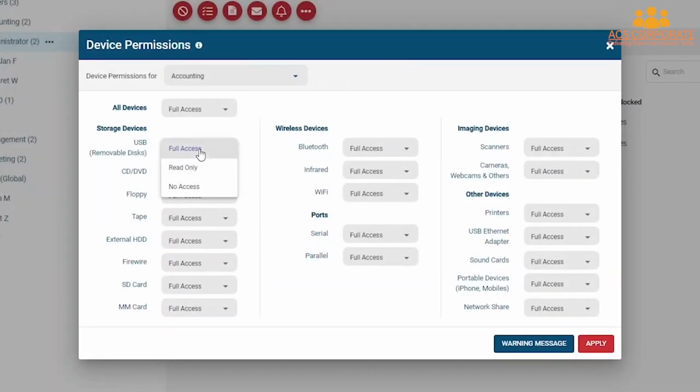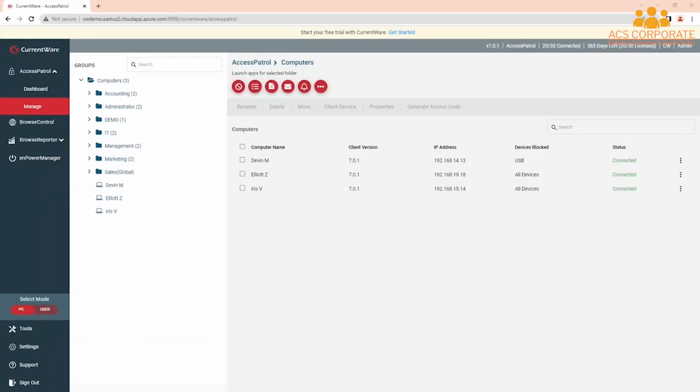In this example, I will block USB portable storage devices, CDs/DVDs, and floppy disks on the computers used by our accounting department. Once you've configured your desired device restriction policies for the selected group, press Apply to save your changes. Then, press the X button in the top right corner of the Device Permissions window to close the window. If you'd like to set unique device restriction policies for each group, simply repeat the same process for each of